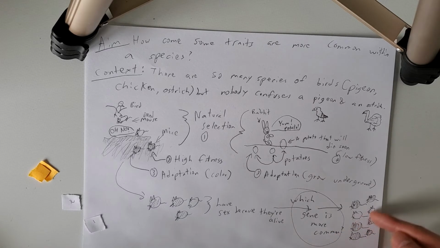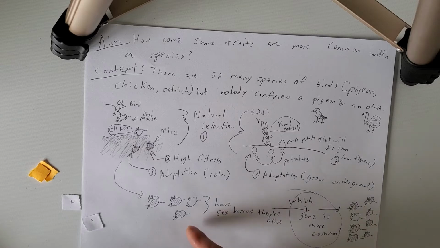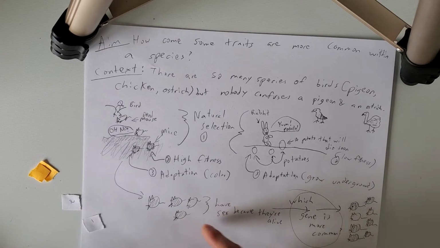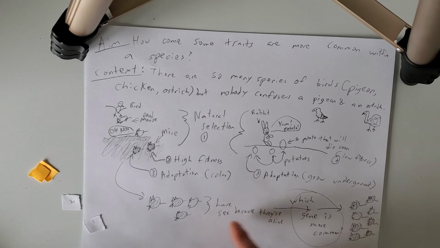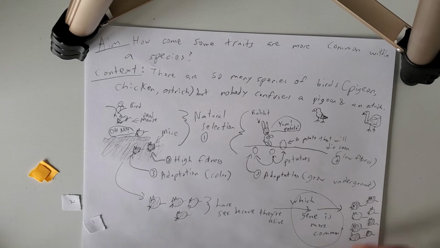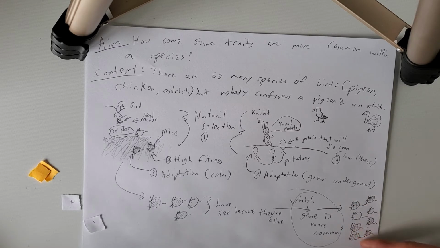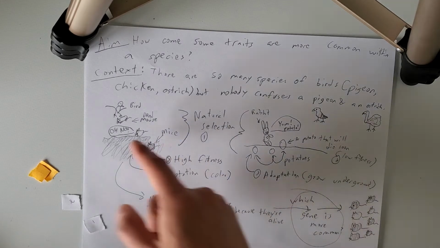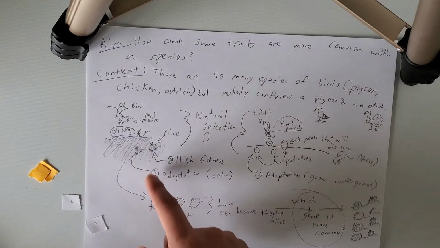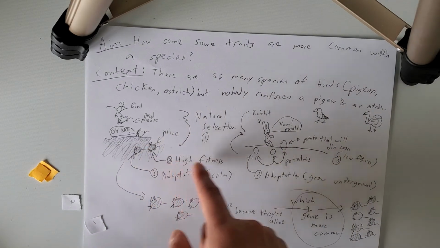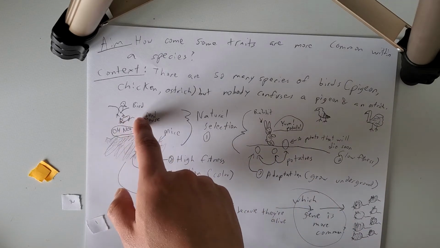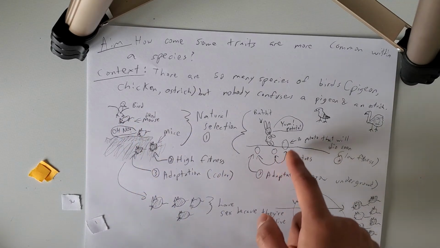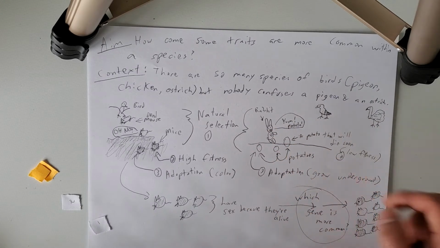Are there going to be some white mice? Yes, because just because you have a certain gene doesn't mean that you pass it on. It's a 50-50 when you have sex, right? So overall though, most of the baby mice are going to be black in this environment because those are the mice that are surviving. So mice that reproduce, high fitness. Mice that don't reproduce, like the white ones, low fitness. So same thing for potatoes. The potatoes that are eaten, low fitness.